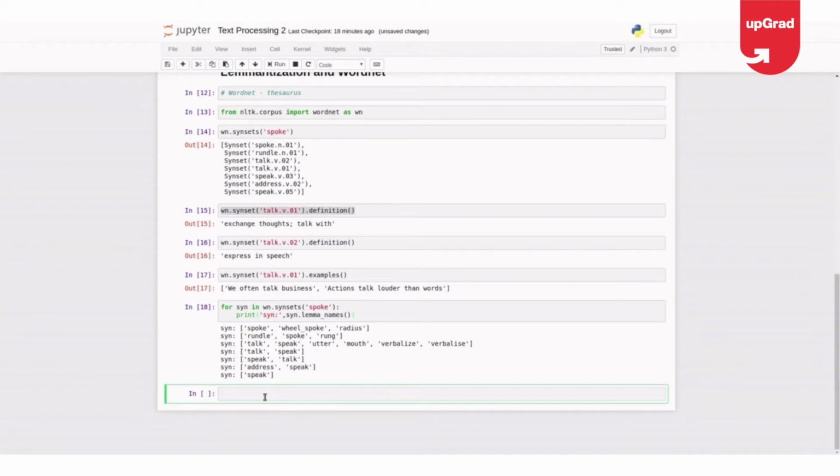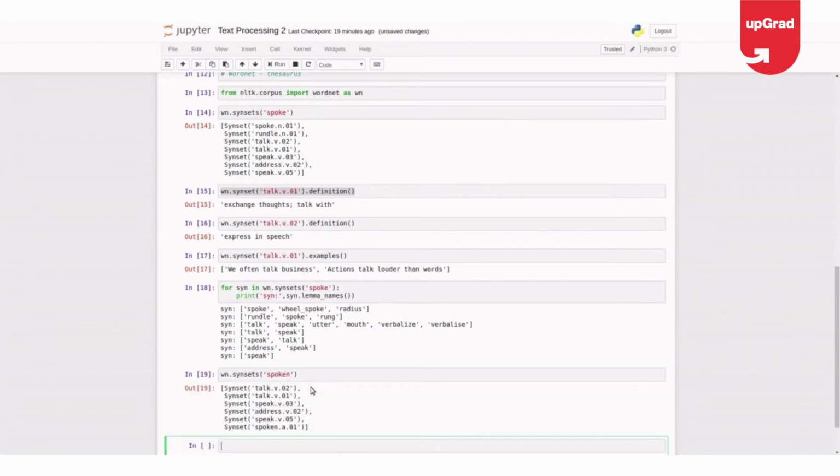If I take the word spoken, let me see if it is matching in all these things or not. Yeah, talk, talk, speak, address, speak, spoken. So it seems to be near to this word.